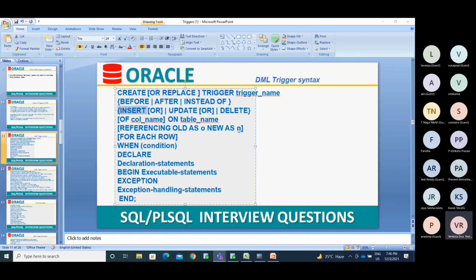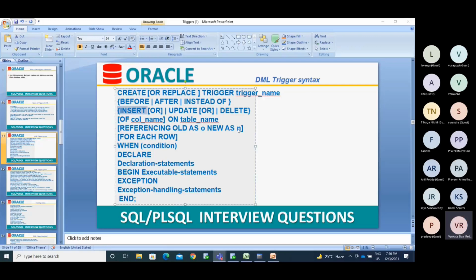So if you are trying to insert data into the actual table, whatever data you are going to insert needs to be stored into the backup table as well. So the backup table will be the new table. New data you insert goes into the actual table as well as this table. If you are trying to update the data, whatever is in the actual table is the old information, and whatever you are trying to push is the new information.